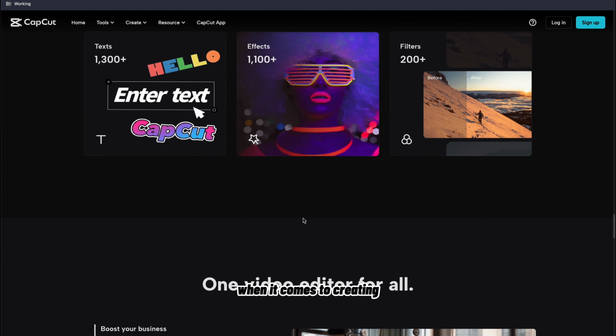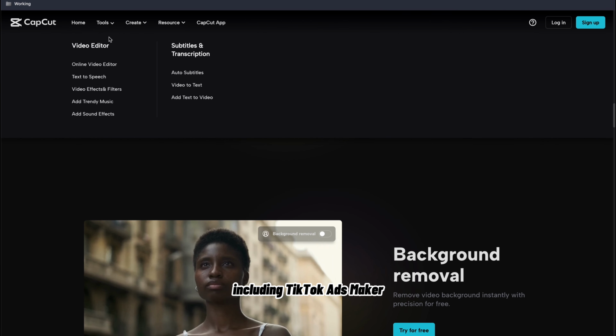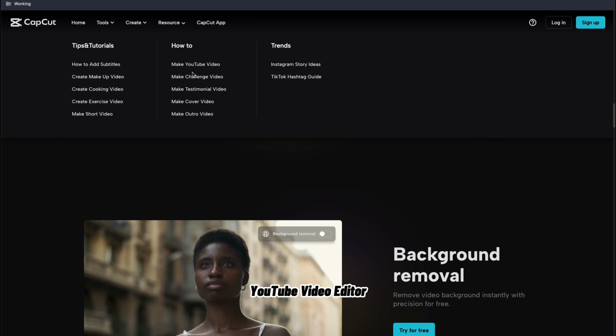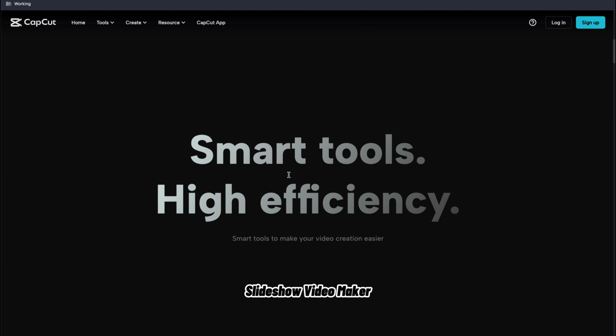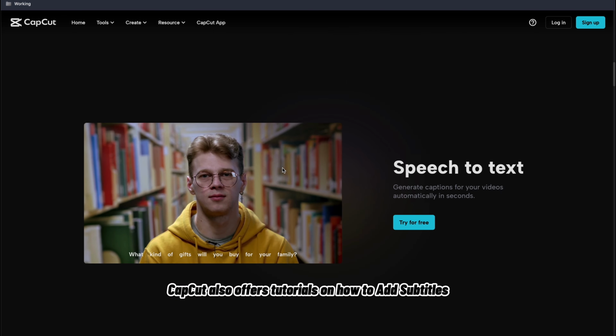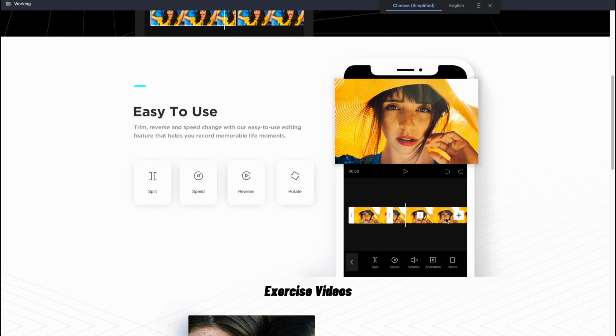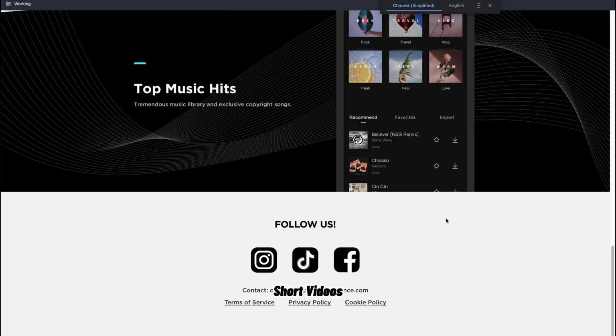When it comes to creating, Capcut has a variety of video editors to choose from, including TikTok Ads Maker, YouTube Ads Maker, TikTok Video Editor, YouTube Video Editor, Instagram Video Editor, Promo Video Maker, Slideshow Video Maker, and Instagram Ads Maker. Capcut also offers tutorials on how to add subtitles, create makeup videos, cooking videos, exercise videos, short videos, YouTube